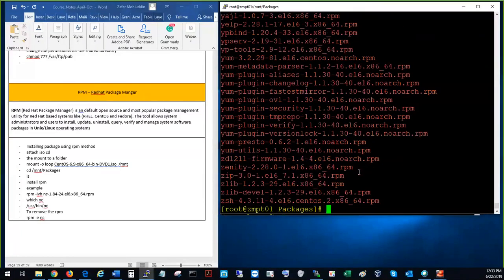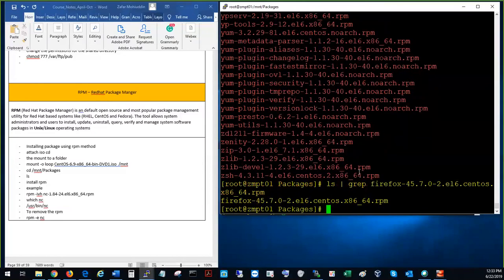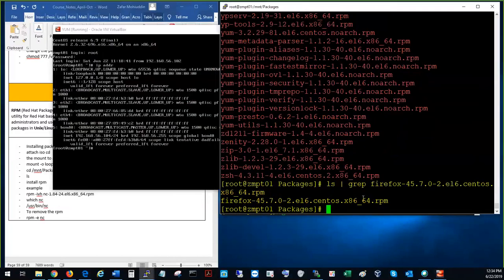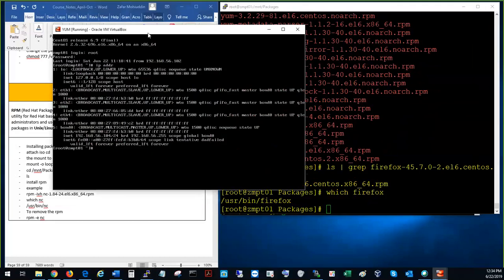Okay, so let's do ls then grep. See, the Firefox is here too. So what I'm going to do is I'm going to move this into the run level 5. Can somebody tell me what is run level 5? It's a GUI mode. Okay, so the Firefox is installed here. So I'm going to do